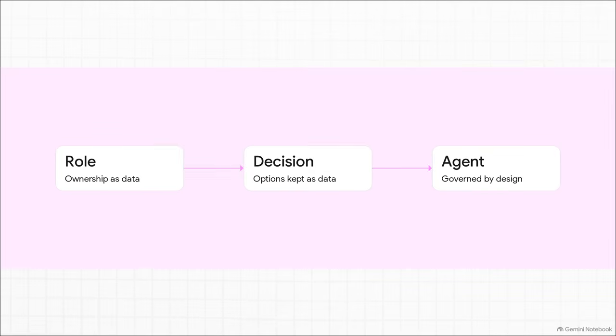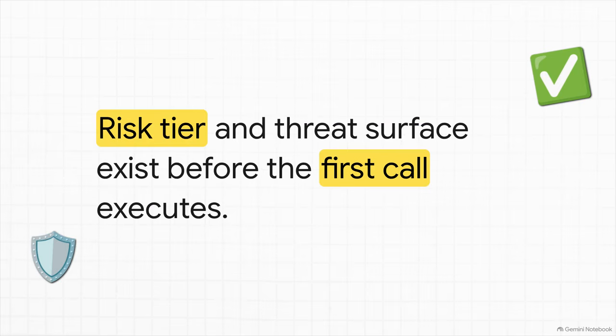Finally, we reach the rooftop agent stack, where AI agents are governed by construction. Because the agent model sits at the very top of the tower, it inherits the governance, threat, and lifecycle floors beneath it. This means your risk tier, your human oversight modes, and your threat surface exist and are fully documented before the agent makes its very first execution call. You aren't trying to retrofit governance onto an AI system after the fact. The system is quite literally born governed.